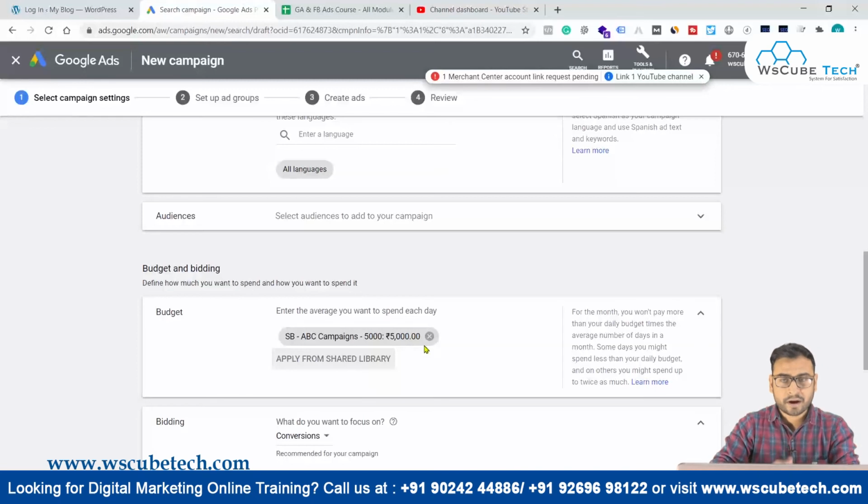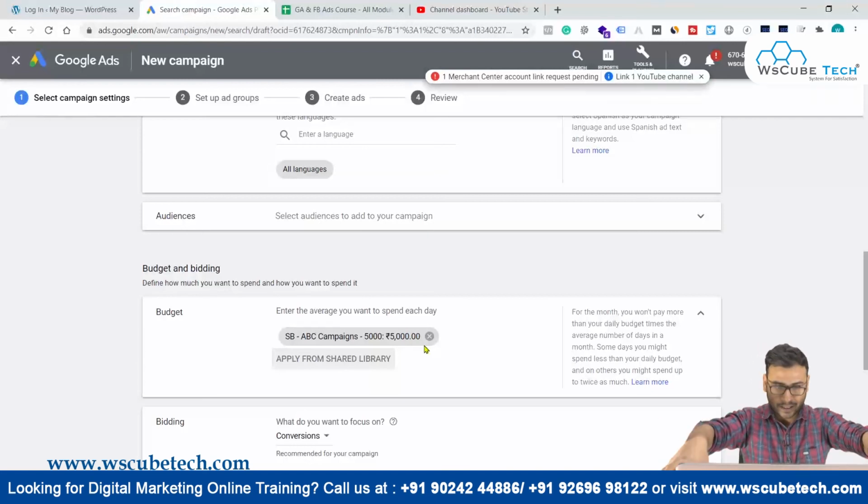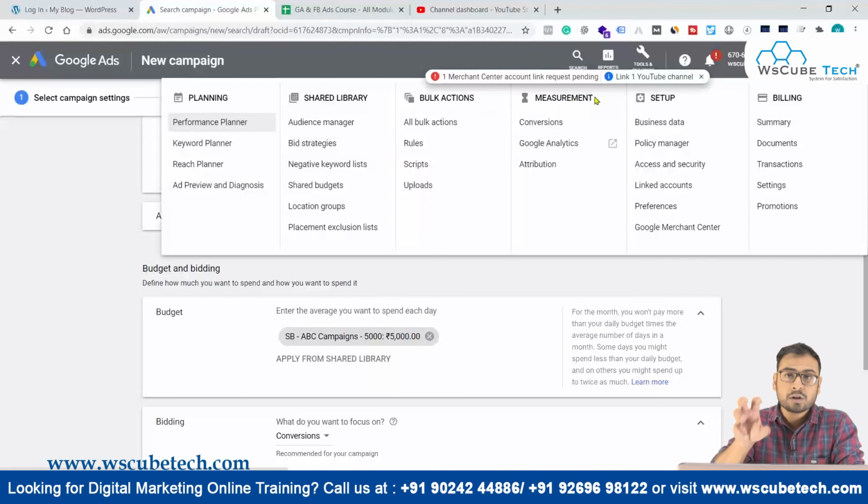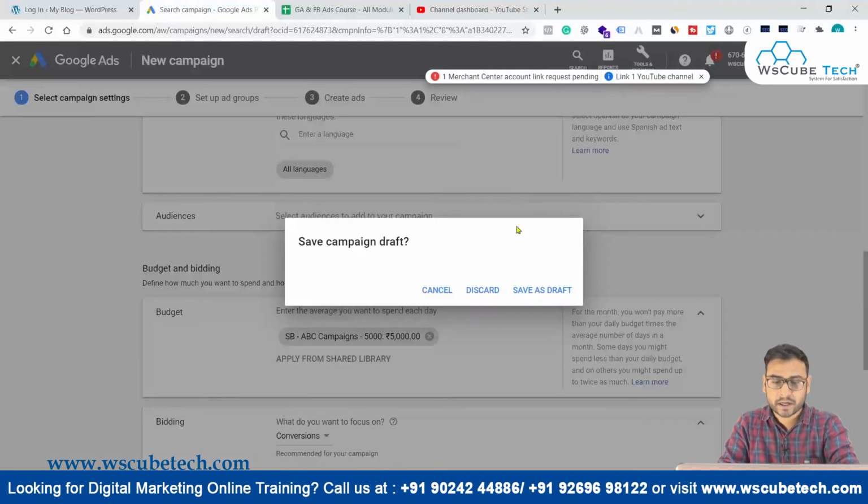Got my point? If you are creating multiple campaigns, you can use this shared budget for different campaigns, like campaign number 1, 2, 3, 4, 5. So now you do not have to put your daily budget at the campaign level. You can put it directly from the shared library, and then it will be spread across the different campaigns which are using this particular shared budget. So this is how it works, and you also have the option of associating campaigns at the time of shared budget creation only.